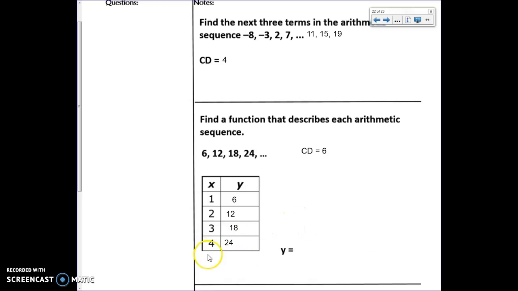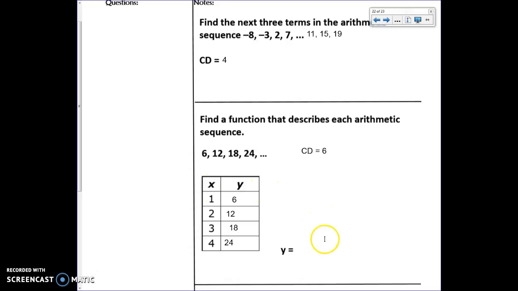So we're just wondering now, let's just say, what could we do to figure out what's going on if we didn't have these numbers? Let's just say I wanted to find term number 25. I don't want to keep on adding up 6's forever to get to the 25th term. I should be able to just substitute in a number, like over here 25, into an x and get